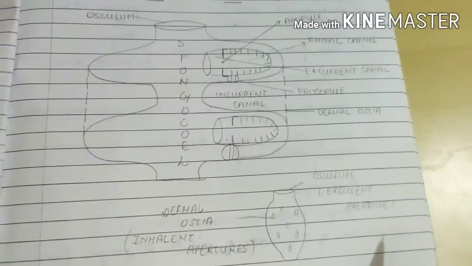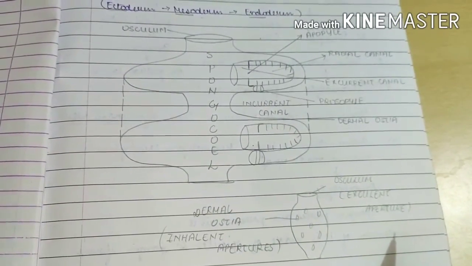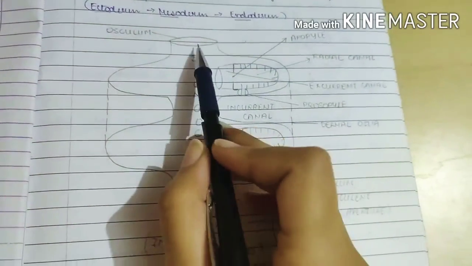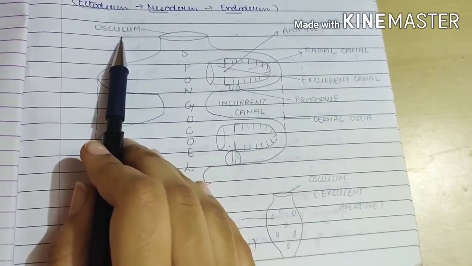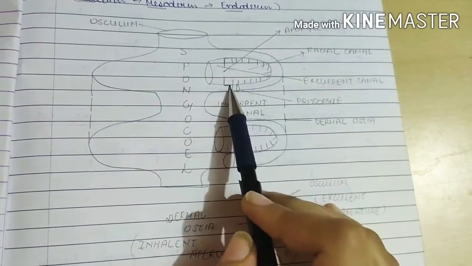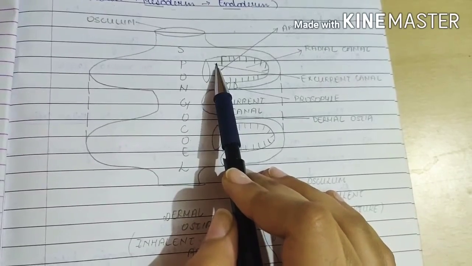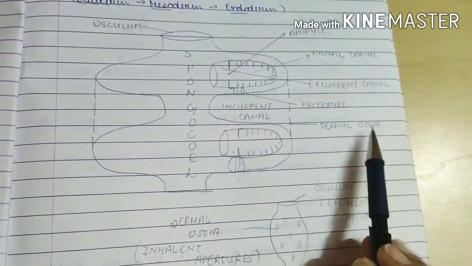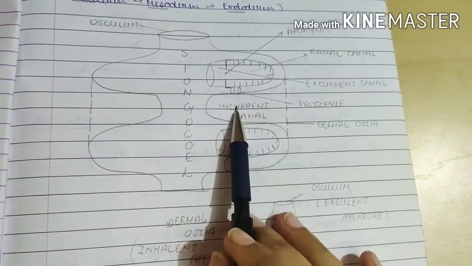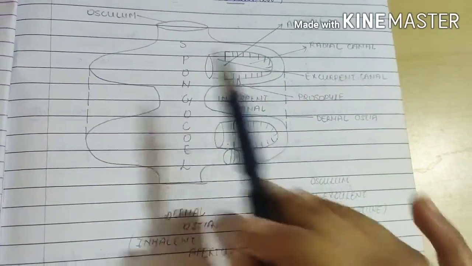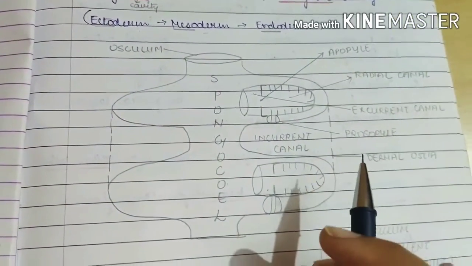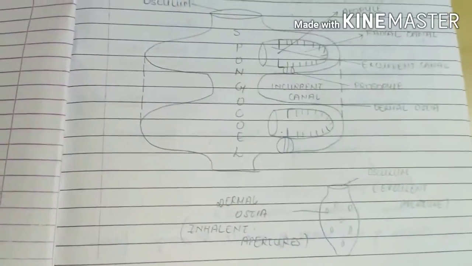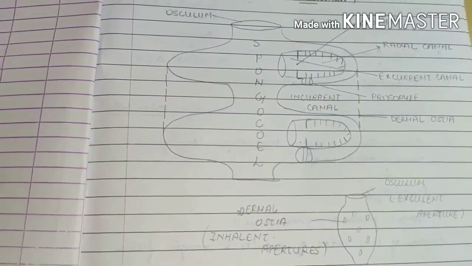This is the simplified diagram of the porifera. The opening of the cavity is also known as the osculum. They have a radial canal. One is the excurrent canal, prosopyle, dermal ostia, this is the incurrent canal, and this is the excurrent canal which has the outer extensions. This is not so important from the competitive point of view, and this is never discussed in any exam, but still